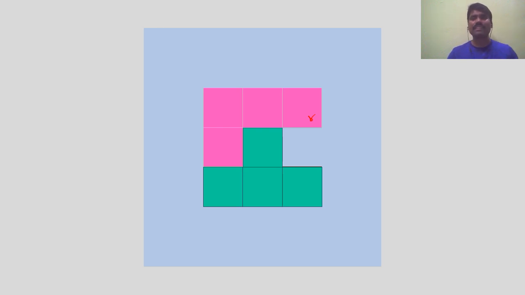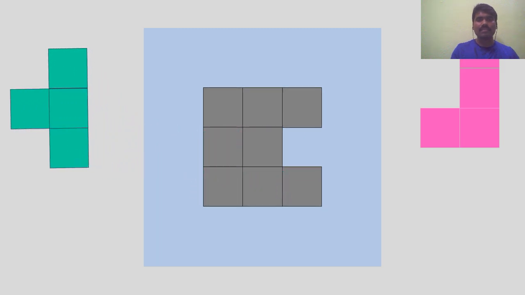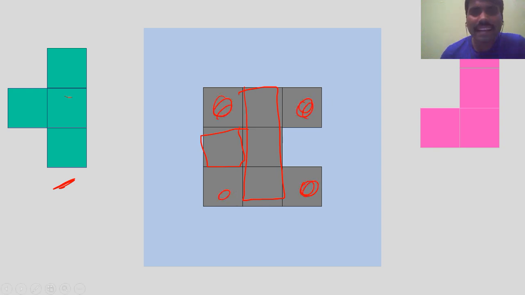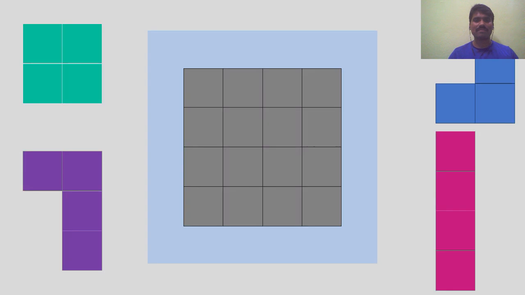Now here the thing is, you have to think in such a way that the positions are important. See, previously if you take it like this, now this thing is there. You can place it exactly like this. There is a problem. Why? Because one square box is empty, here another square box is empty. So the idea of how you have to move it is very, very important. Okay, done. Now let me give you one more example.